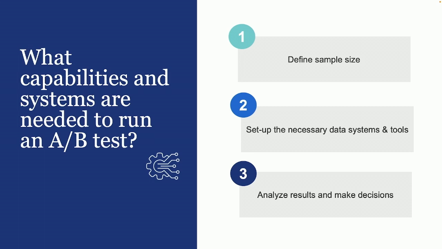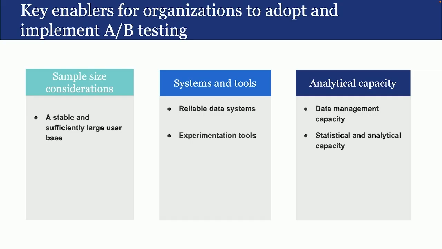So then the second piece I said is about what is the infrastructure you need, the processes you need to be able to run these tests in an ongoing way. So again, three things conveniently. First of all, sample size, which is often actually like a binding constraint. Secondly, having the right data systems. And third, the analysis. So sample size, the reality is that